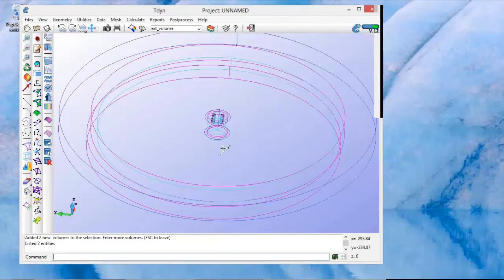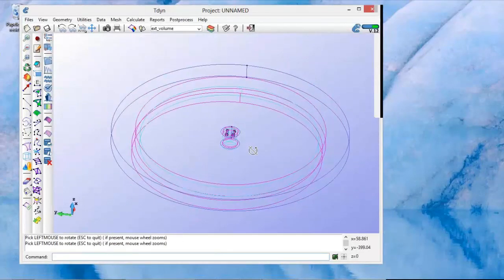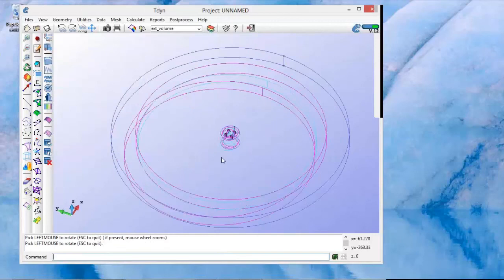We have created all the geometry. It's very interesting, but the very interesting thing starts right now. We are going to perform all the necessary operations to set up the analysis for seakeeping. In this